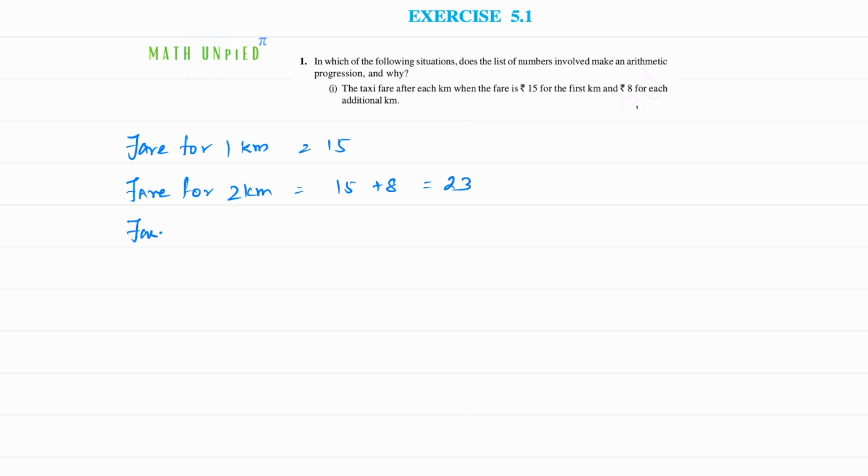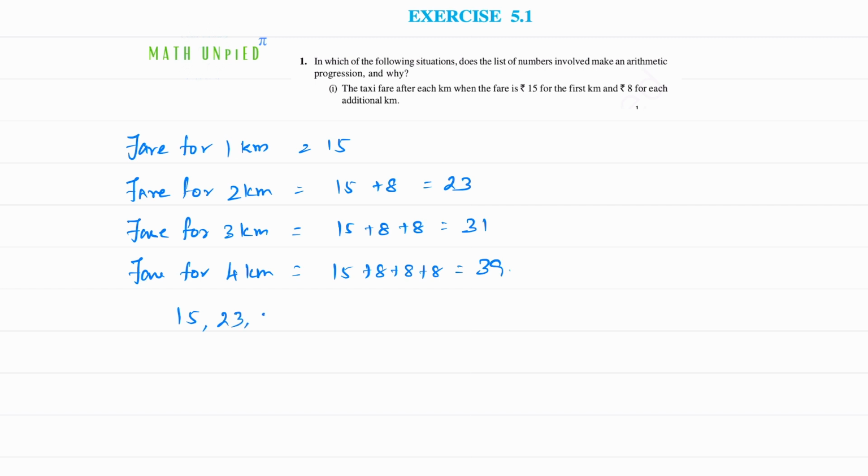Fare for 3 kilometers will be 15 plus 8 plus 8, that's equal to 31. And fare for 4 kilometers will be 15 plus 8 plus 8 plus 8, that's 39. So if you write the sequence of these numbers, this is 15,